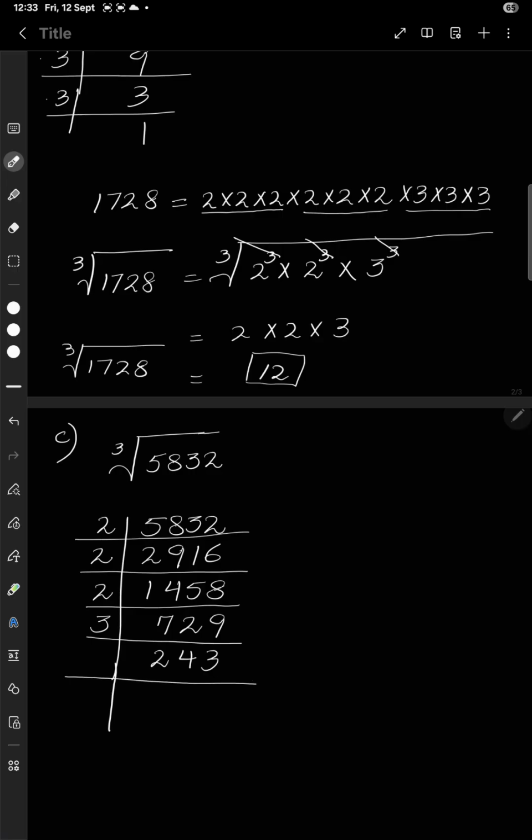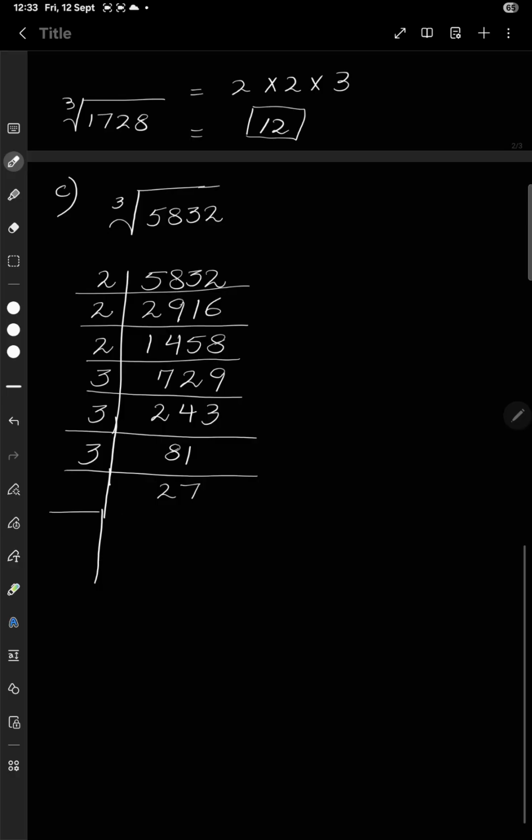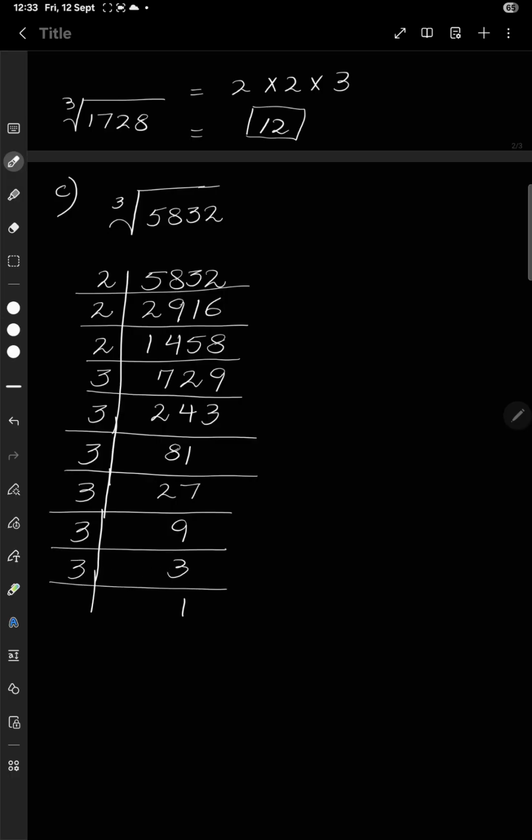243 will also be divisible by 3. The answer will be 81. When I divide 81 by 3, my answer will be 27. And 3 9s are 27, 3 3s are 9, and 3 1s are 3. Okay, so this means